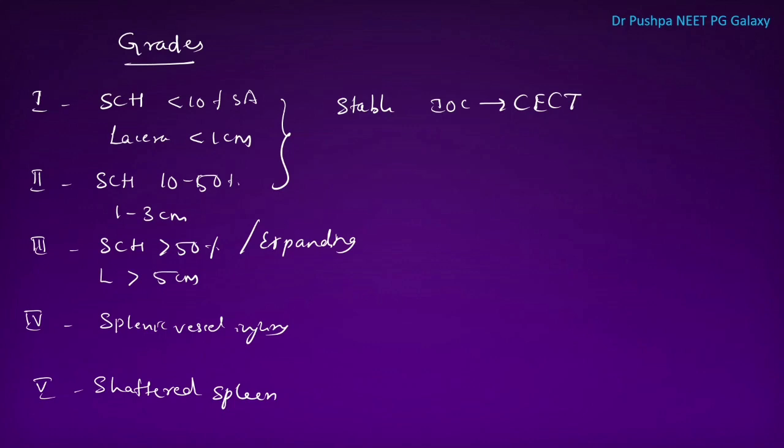During conservative management, if grade of injury increases, we can do angioembolization. After doing this also, if we fail to stop the bleeding or the hemodynamic stability decreases, in that case, we can do surgery like splenic preservation. We can do splenography. Spleen conserving surgery, that is splenography. In grade 3, if patient is stable, we can do splenography, or if patient is unstable, the vitals are not stable, we should conduct splenectomy.